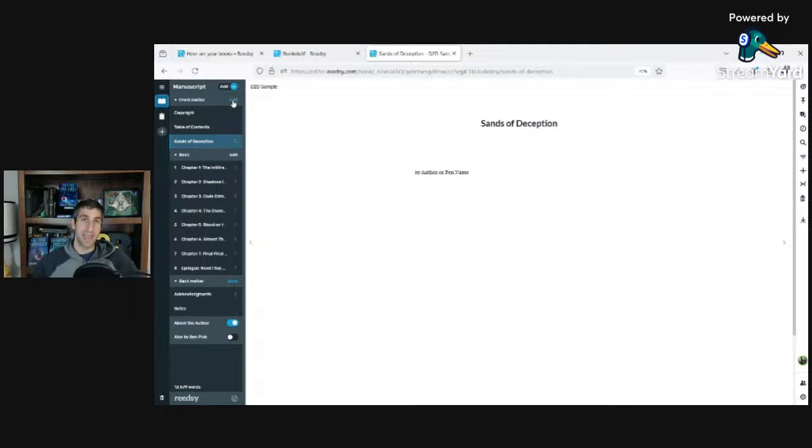The chapter titles, it can't import directly from the table of contents, but the chapter titles that were in each of the chapters were wrong when compared to what was in the table of contents in the original uploaded file. So I wanted to try and normalize this as best I could and show how you can copy and paste from your table of contents into the actual book, and then that will automatically populate the Reedsy table of contents. And then I ended up deleting the now wrong table of contents from the manuscript that I uploaded. That's a lot to say. So yeah, hopefully I didn't lose any of you there.